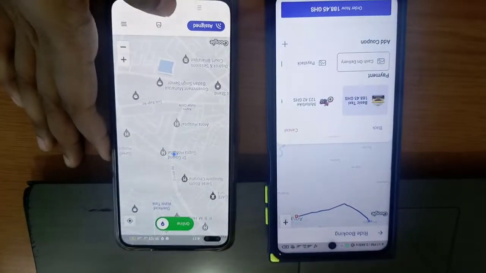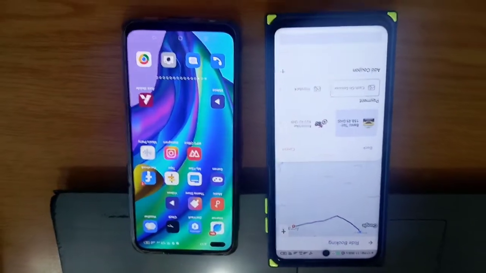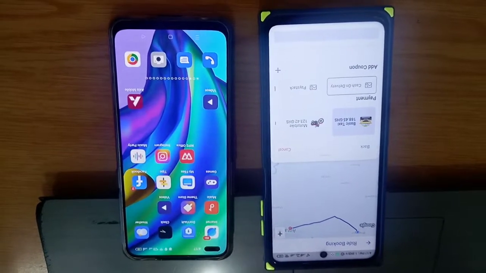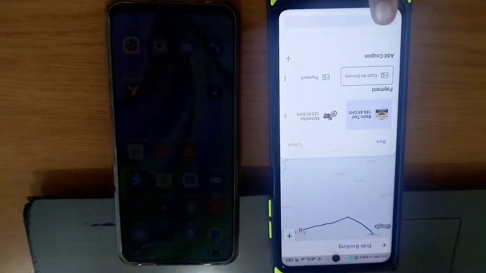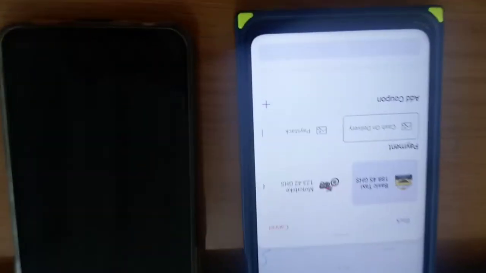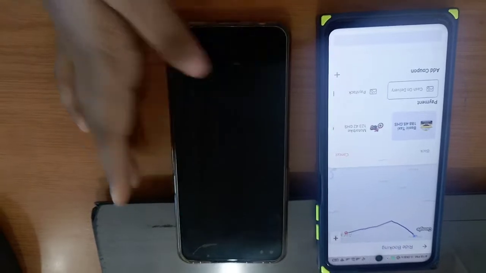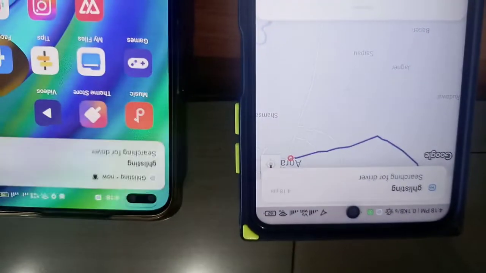Right now I'm removing the driver app from history so that we can receive the background location. That is what we are taking the permission for, background location permission. And I make a booking on the user app. That is how I make a booking. And you can see searching for driver.